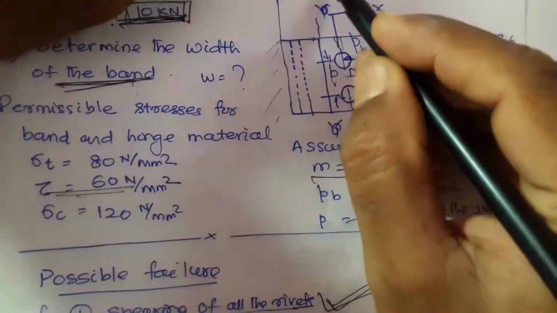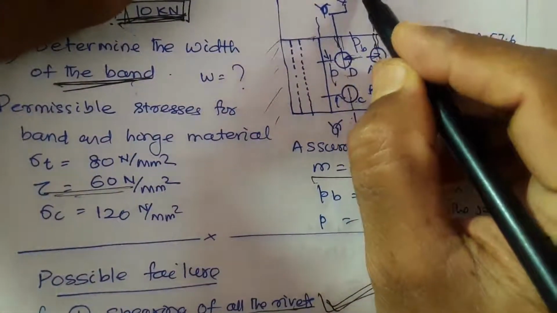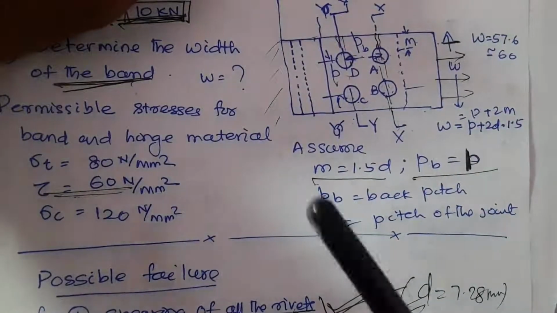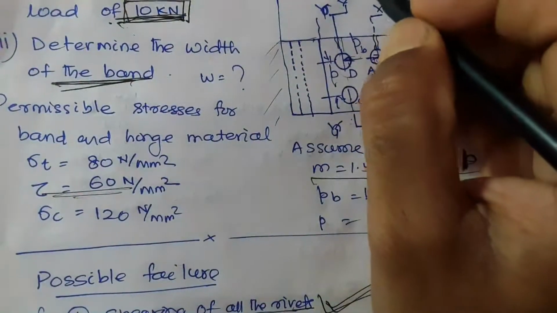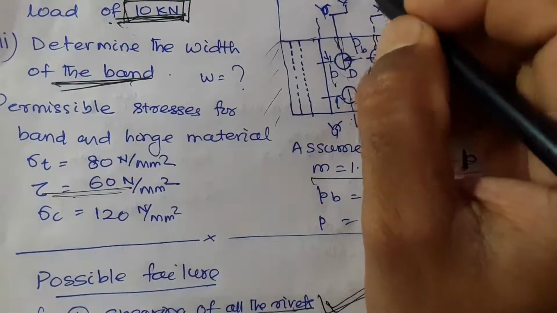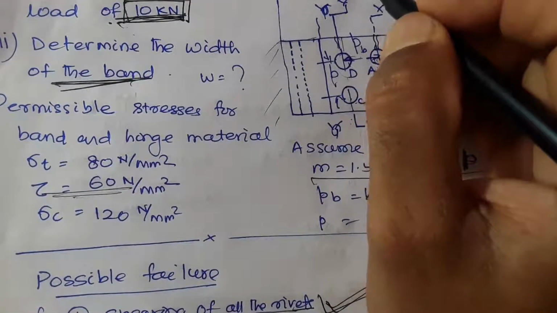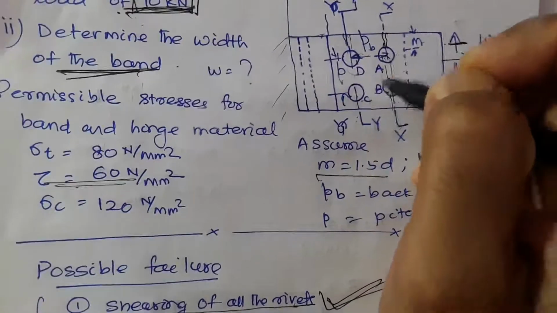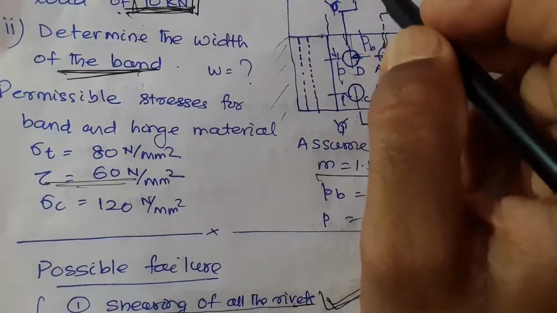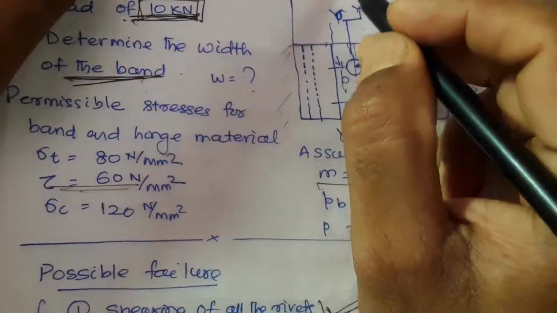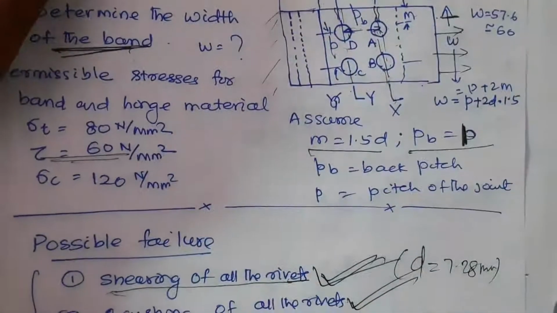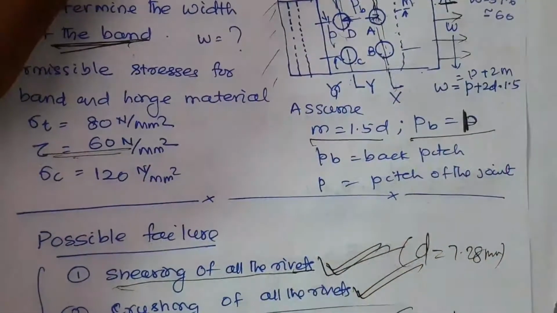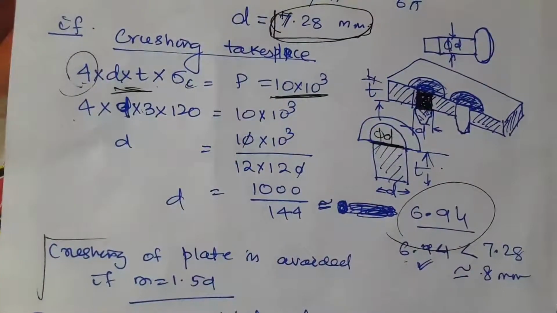So failure by tearing at this location is always associated with either shear of the front rivets or crushing of the rivets. Shear is weaker, because for shear it requires a larger diameter than crushing. So the weakest among them will be the tearing plus shearing of this rivet, and if it is tearing at this location only, that is it.